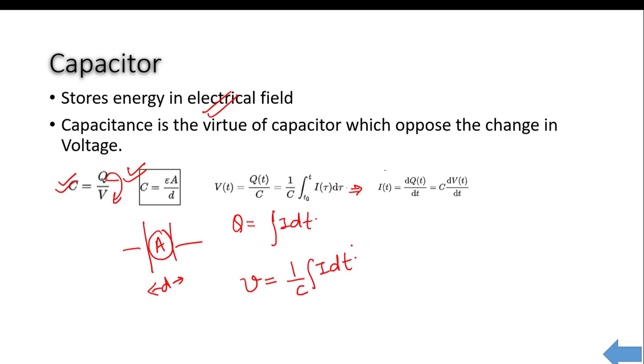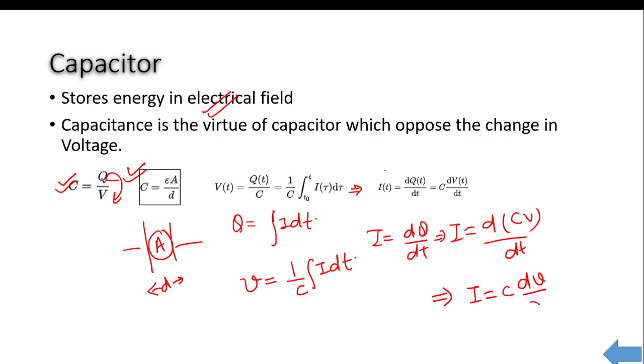And if you want to find out the current, you can say I is equal to dq by dt. Q can be replaced with the help of this formula CV. So I will become d(CV) by dt, assuming capacitance to be constant. So you can write I is equal to C dV over dt,